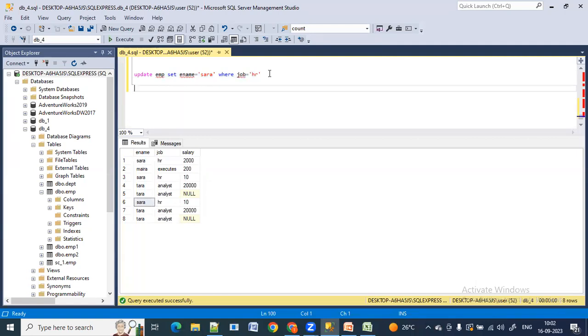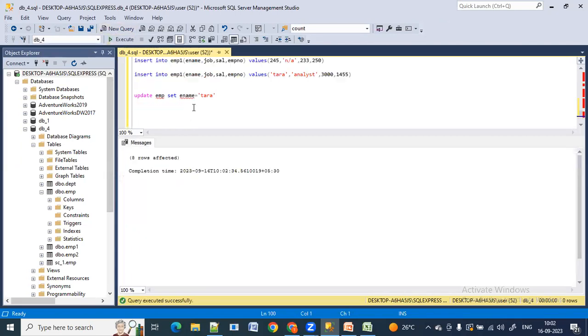Now, to delete the records from the table, I'm not saying that I want to delete the table. No. I want to delete the records from the table. Now I'm just saying delete from EMP. No other things. Delete from EMP, that's all. Now if I execute this one,